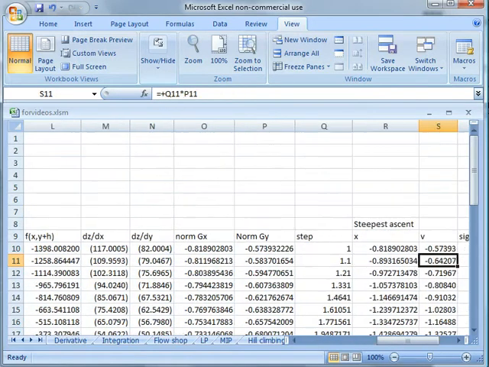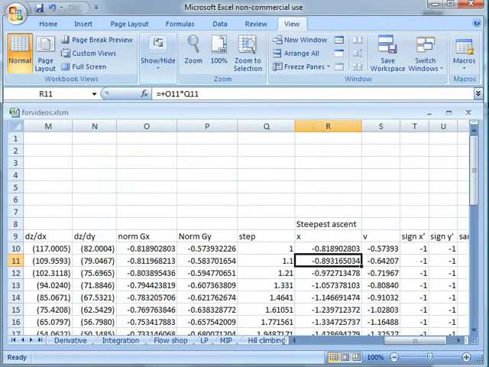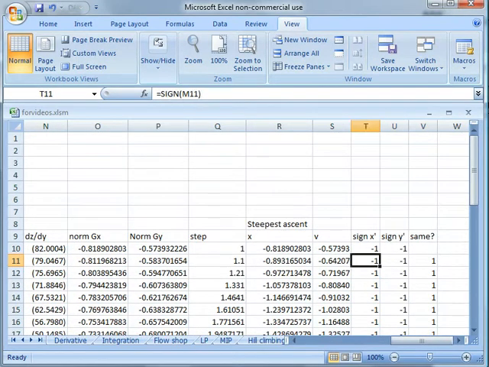And now we have decided to increase the step. Why? How do I arrive at the conclusion that I should increase the step? Well, what I do is I check the sign of the gradient, and the sign of the gradient is negative and negative again. So if the sign of the gradient is negative and negative, in general terms, we are heading